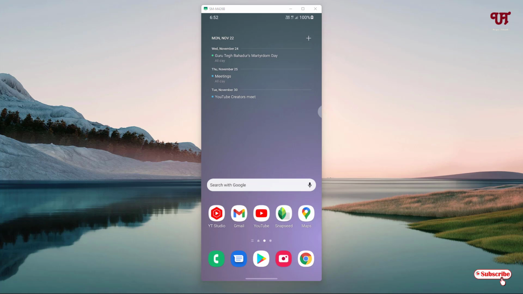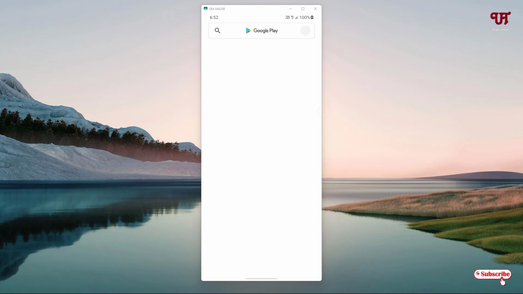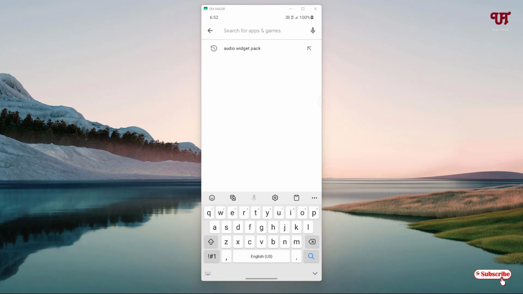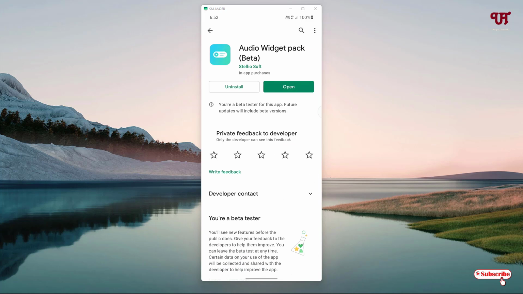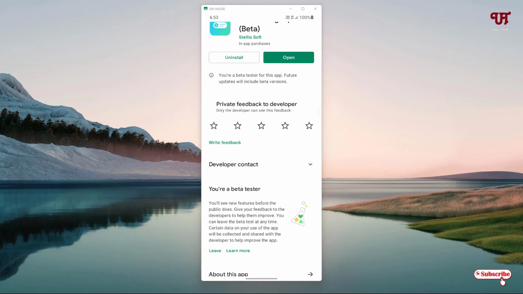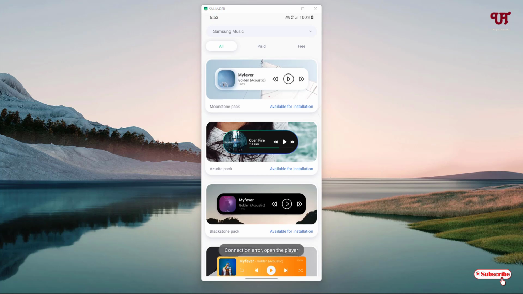Now we need one media player here, that is, a media player widget. For this, just open the Play Store and search for a widget named Audio Widget Pack. I've already downloaded and installed it, so I'm not going to do it again. You should first download and install it. After that, just tap on open. Now you will see